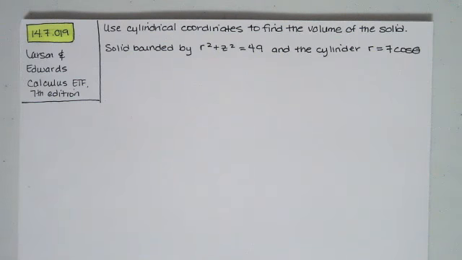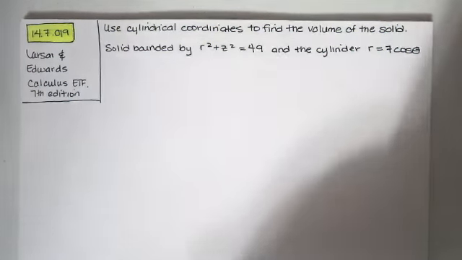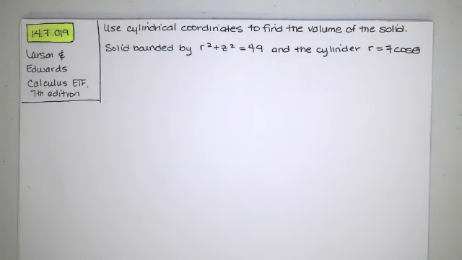In this video, we solve problem 14.7.019 from the Larson and Edwards Calculus Early Transcendental Functions text, 7th edition. We're asked to use cylindrical coordinates to find the volume of the solid, and we're told that the solid is bounded by r squared plus z squared equals 49, that's a sphere, and the cylinder r equals 7 times cosine